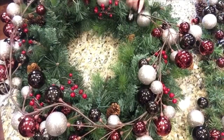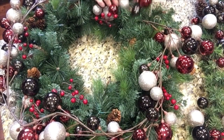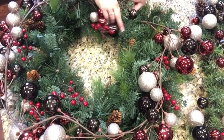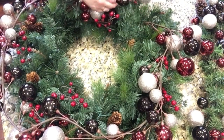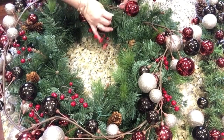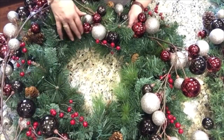And I'm going to start with the fuller end of the wreath. This is where the bow goes, so I'm not going to put it right there. I'm going to start just a smidge down from that. And again, I'm just going to snug it in. You guys, this is a big wreath. Snug it in